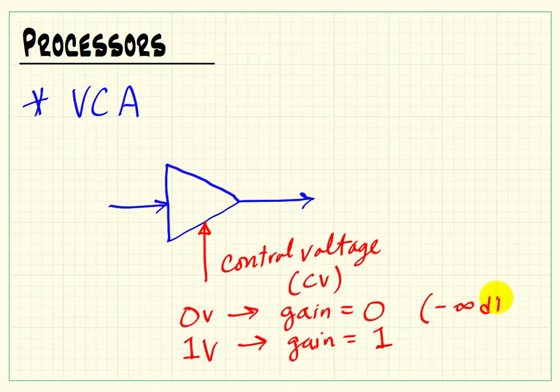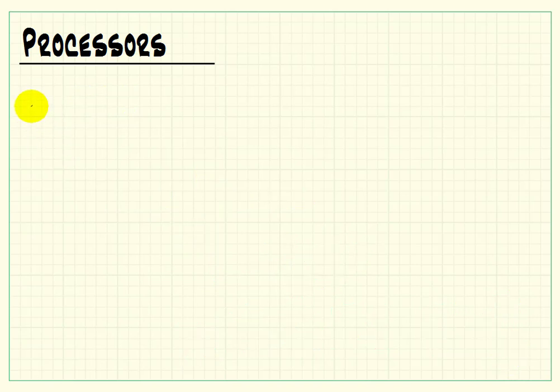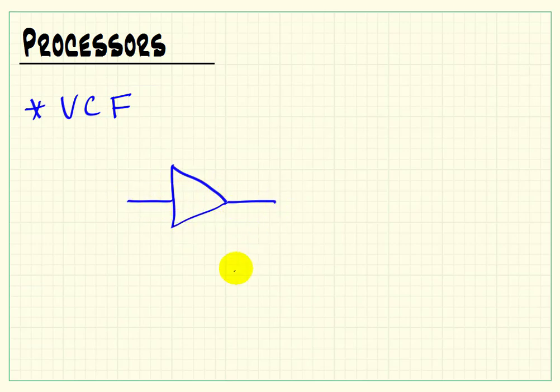Gain of 0, when expressed as dB, is essentially minus infinite dB, and a gain of 1 would be 0 dB. You'll probably oftentimes see references in terms of decibels instead of just pure gain. But that way the VCA has the ability to basically either shut off the sound or make it maximum intensity or anything in between. Next, I'll consider a filter device,